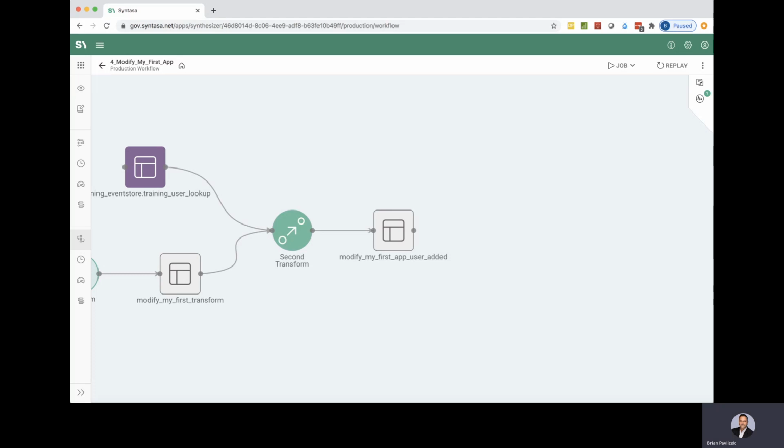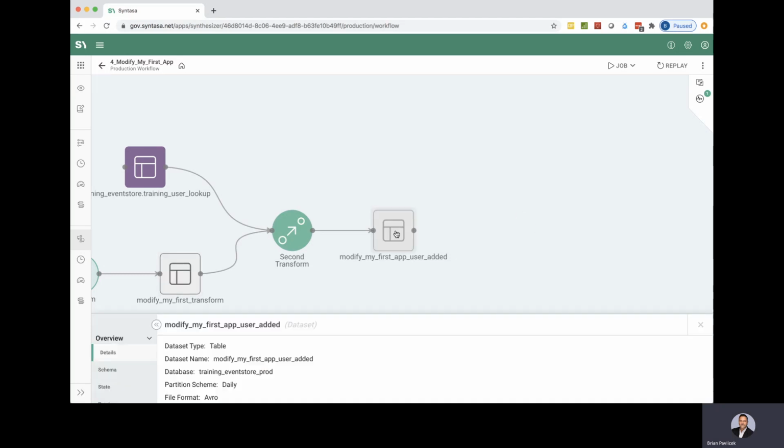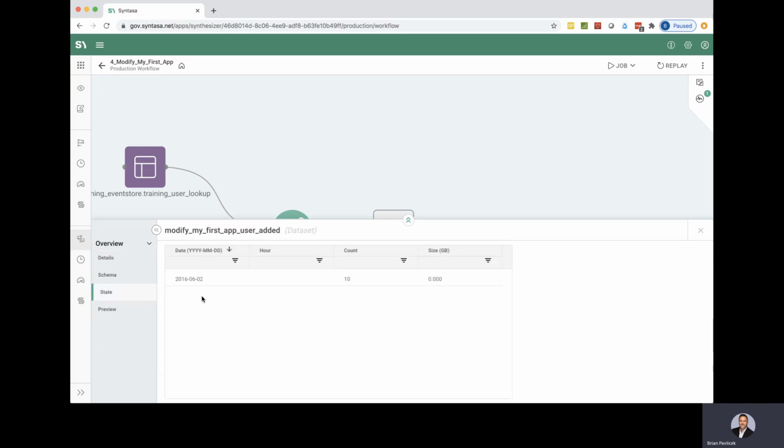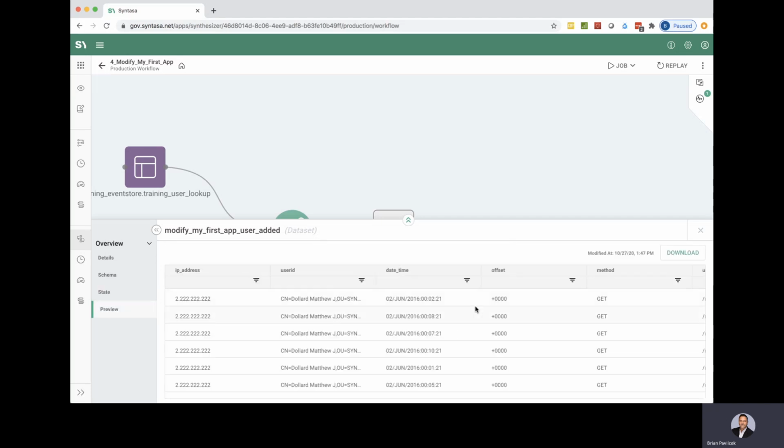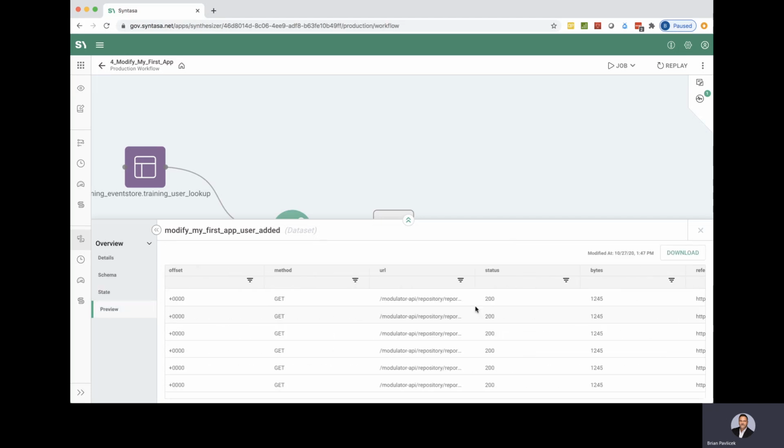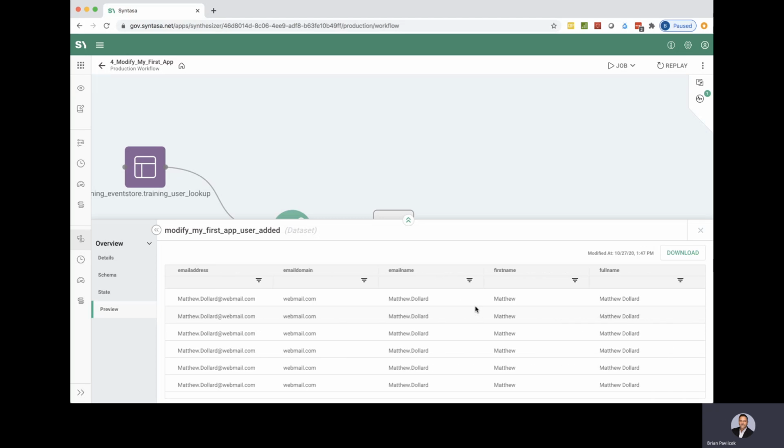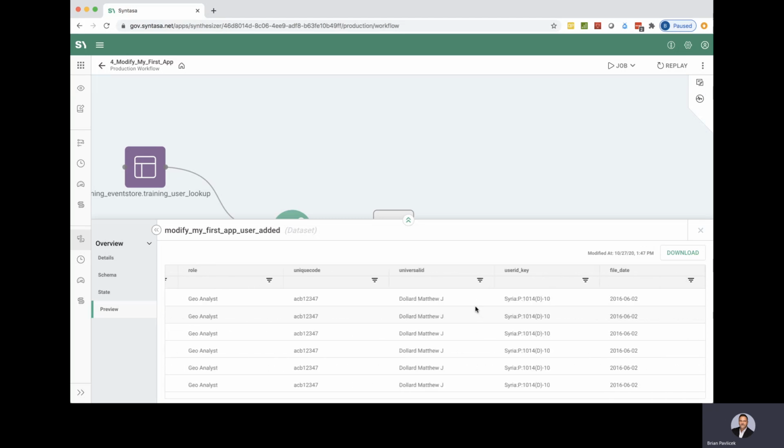And now we want to check that output table to make sure that we are processing the data and get some results in here. So we did process that one day, looking in that overview section for the state. And then in the preview section, yep, we see that we've got data listed there. And we're going to go ahead and scroll towards the end so we can make sure that we see all